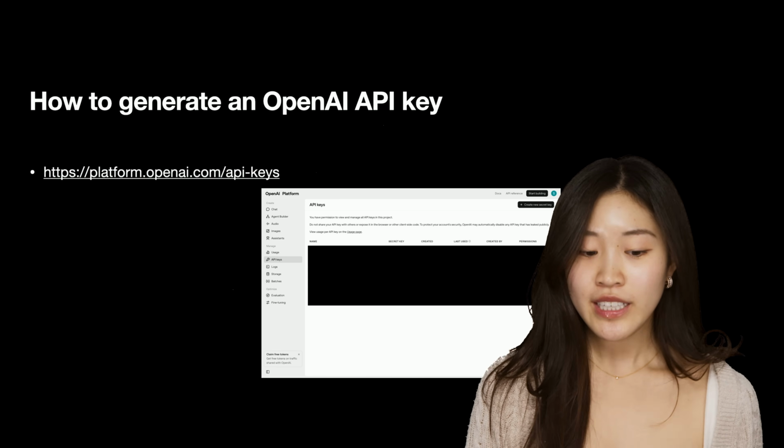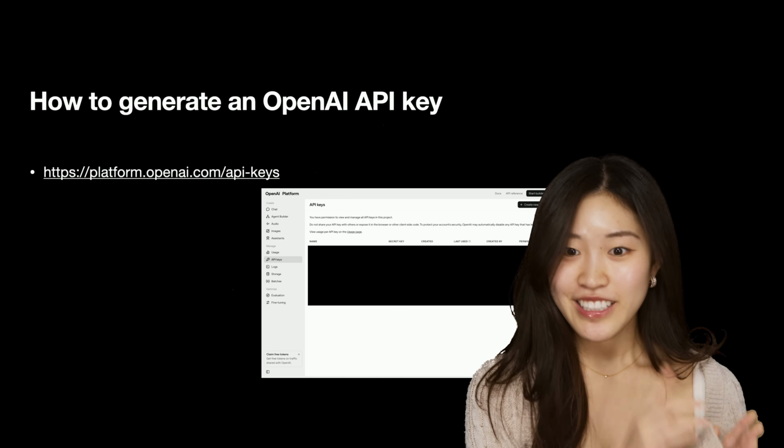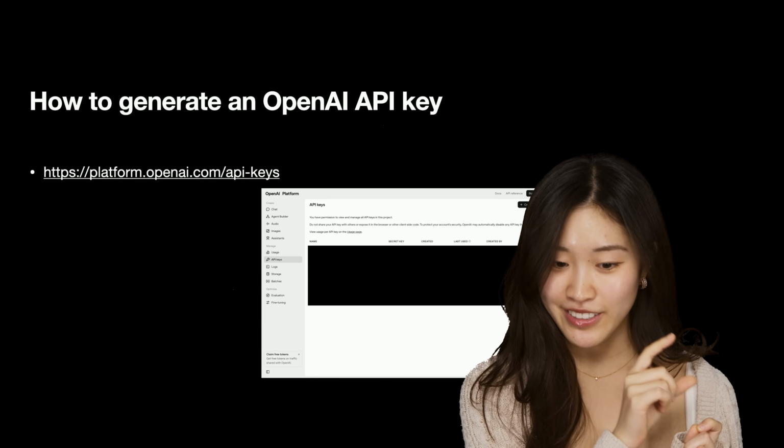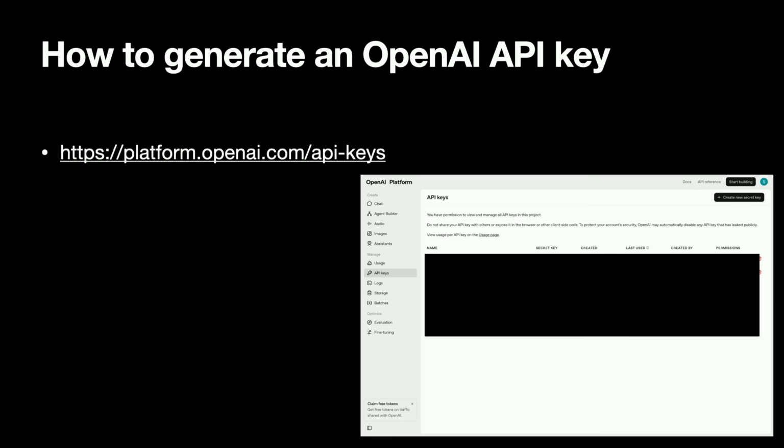This page will show you a list of your previously created keys. Notice that I blacked this section out from my screenshot because it's extremely important that no one else sees your API key. And that's because anyone who has your API key can use your account services and possibly your money and data as if they were you.